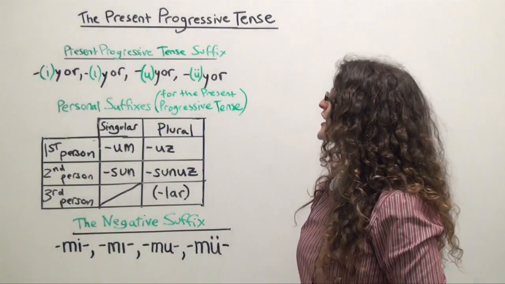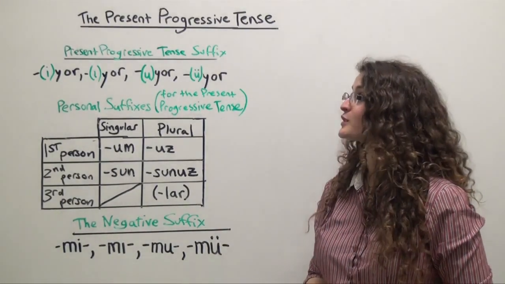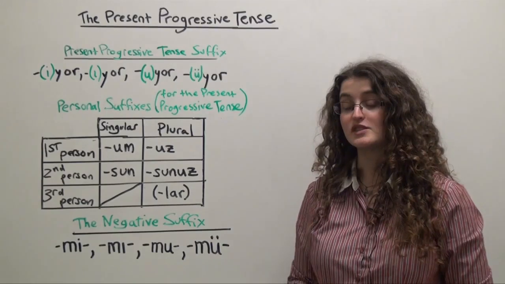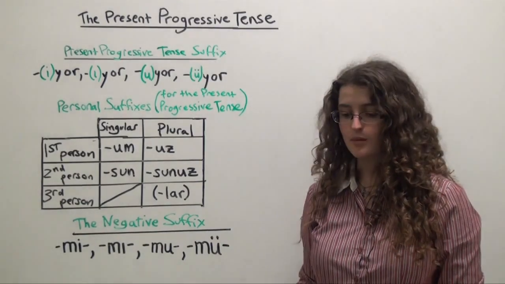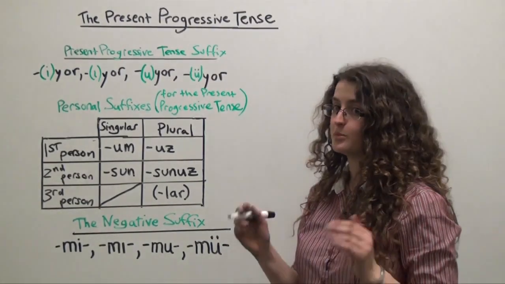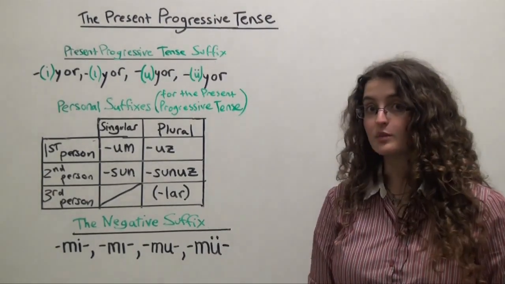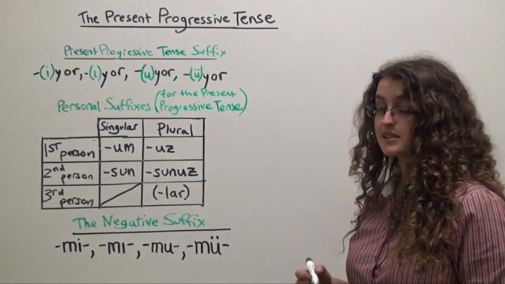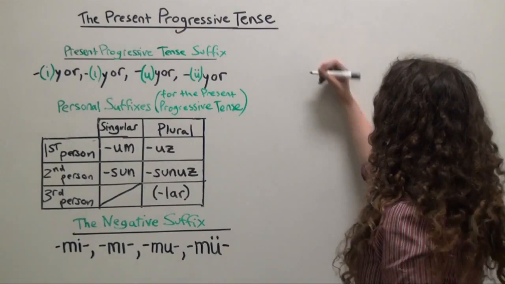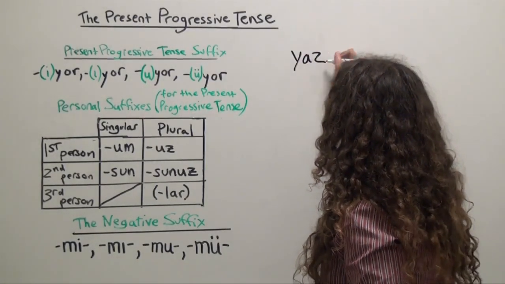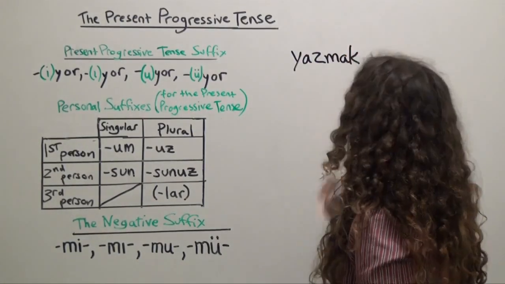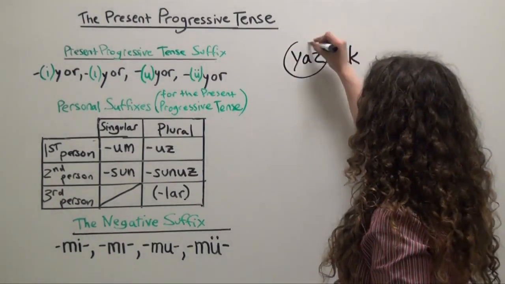Now we're going to talk about how to form the present progressive tense in the negative. So how to create statements like "I am not writing" or "I do not habitually write." We're going to start with the verb stem, and we'll use yazmak, to write, as our example. So we take the verb stem, yaz,